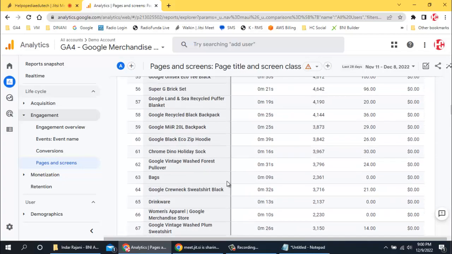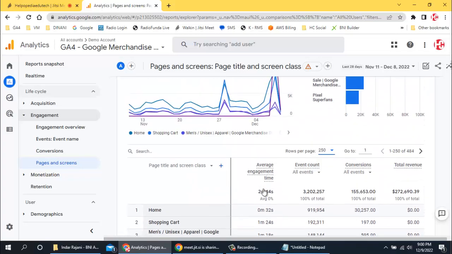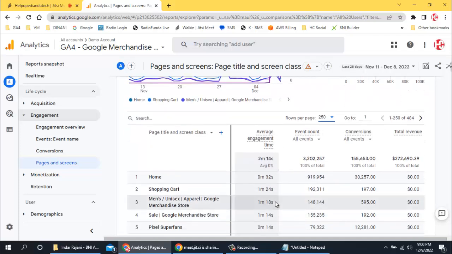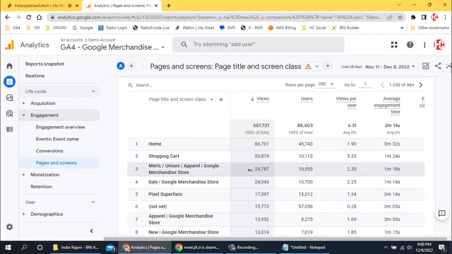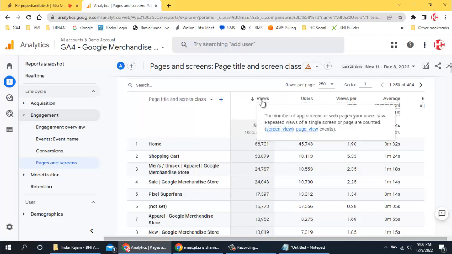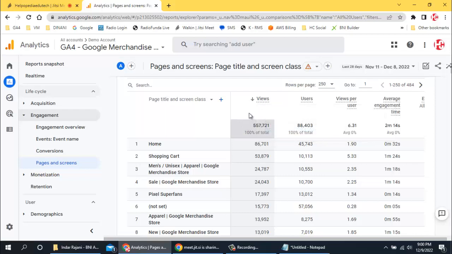So like this we get to see, and then over here maybe we can see the engagement time also of the user, how much time people stayed on the website. And again, the rest of the information that we can see over here, how many times each and every page was viewed. So basically I get to see which pages are popular and which pages are not popular. I can just filter out the data. I can click on views and it will filter the data, and then I can see which were the top